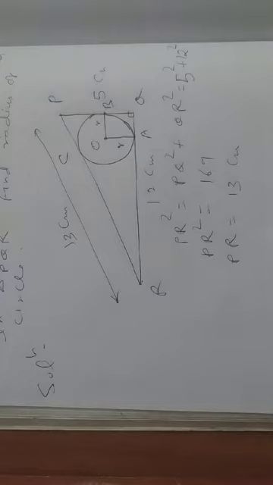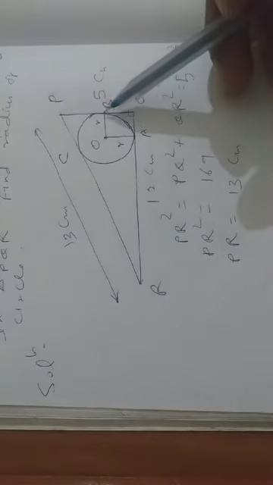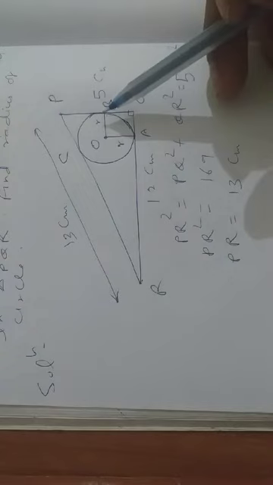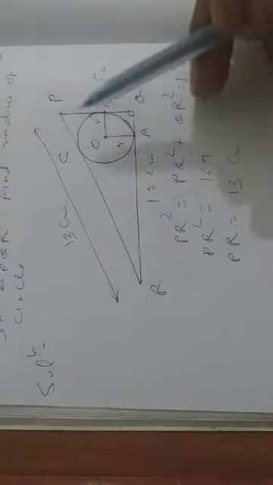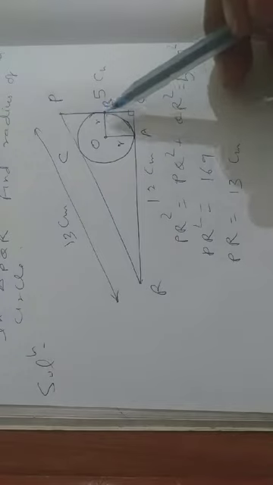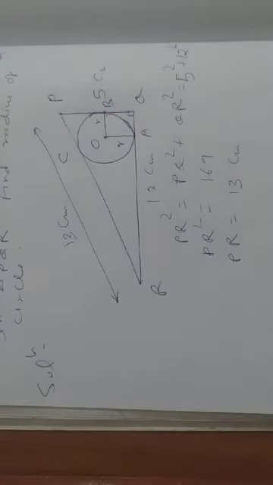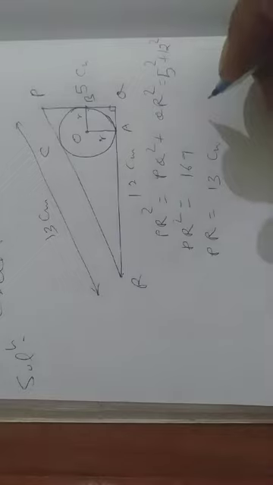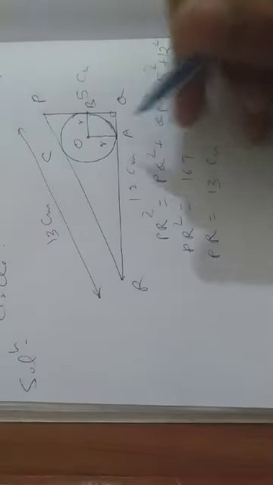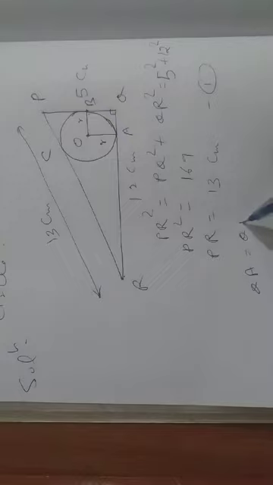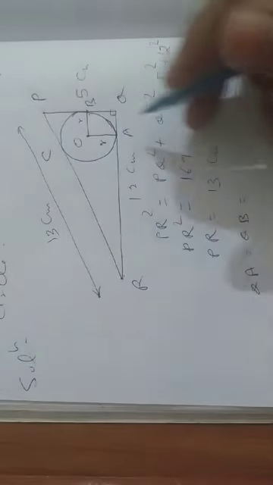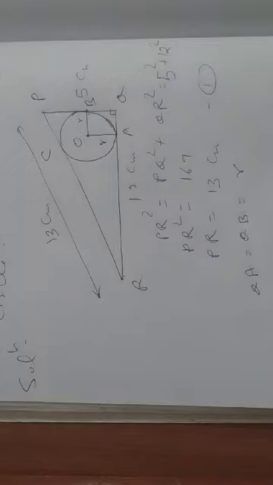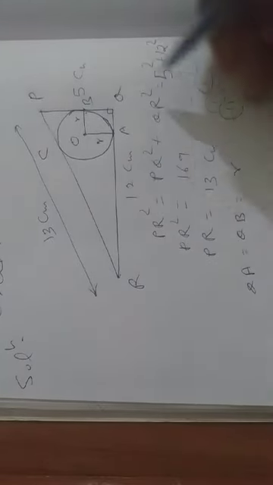Now from the theorem we know that if we draw two tangents from any exterior point to the circle, then the lengths of the tangents will be equal. That is, from this theorem we know that QA equals QB, and QA equal to QB will be equal to the length of the radius of the circle. This is equation 2. And PB equals PC.